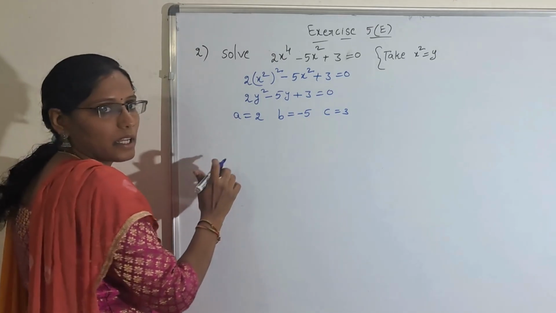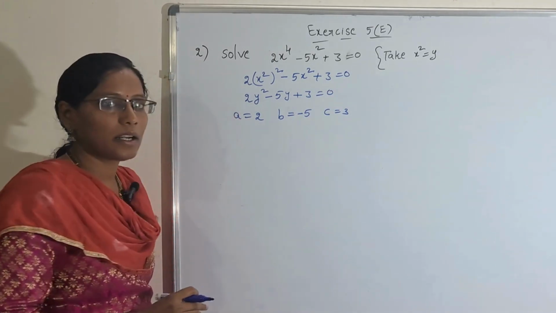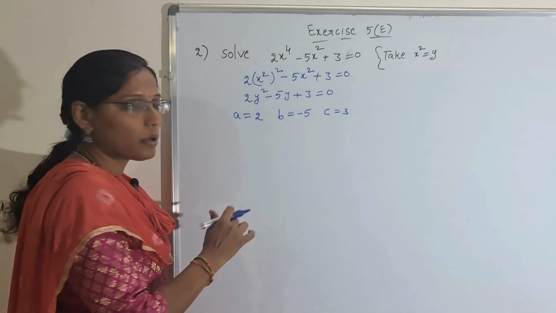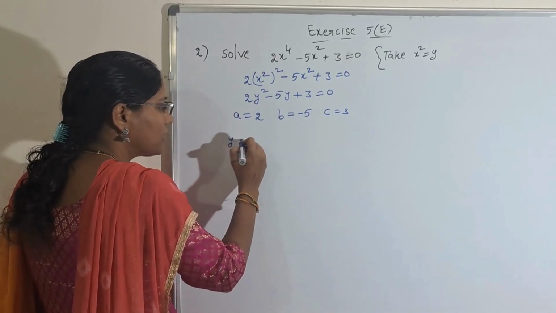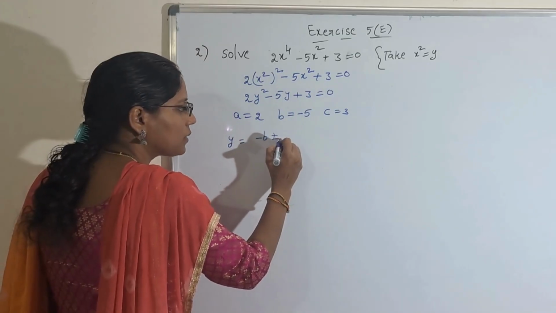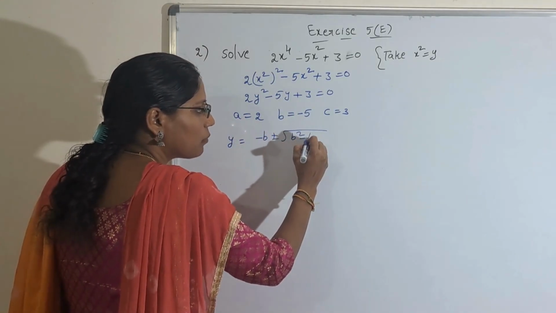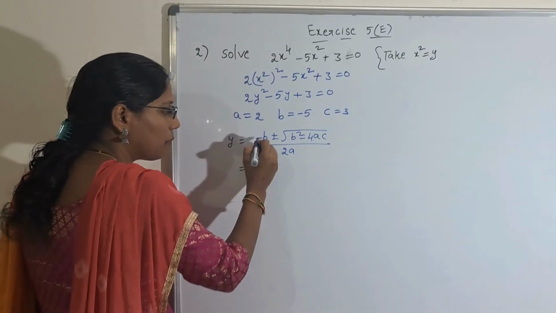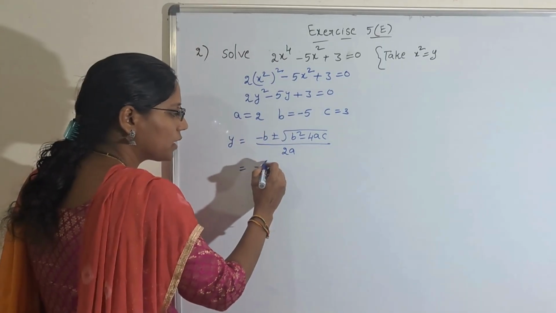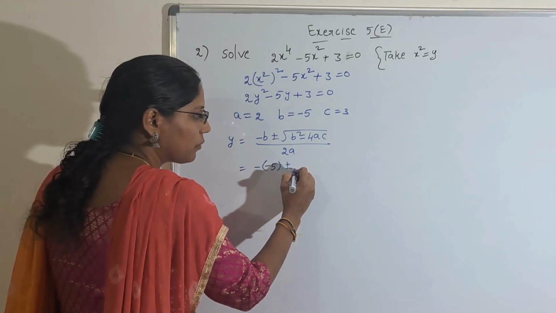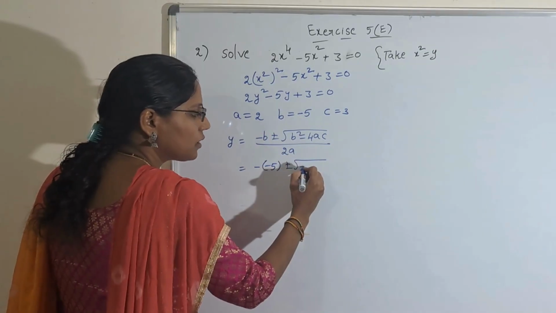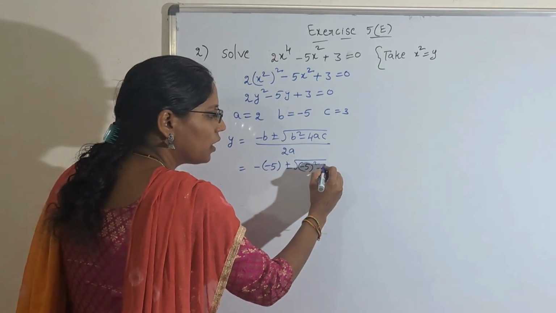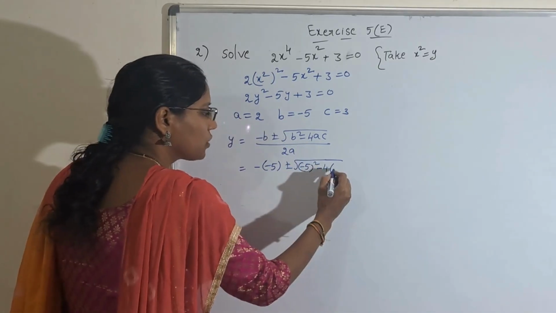Here formula method we can use. Factorization method means we cannot get factors, so formula method we have to use. Y is equal to minus B plus or minus root of B square minus 4AC by 2A. Here minus B value how much? Minus 5. Plus or minus root of B value minus 5 whole square, minus 4 into A value is 2,